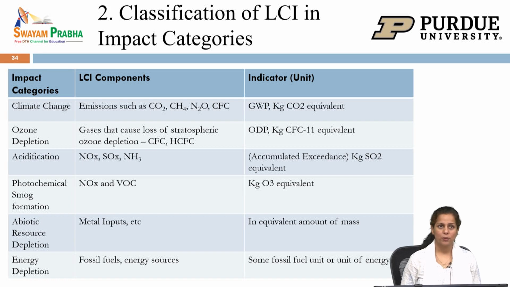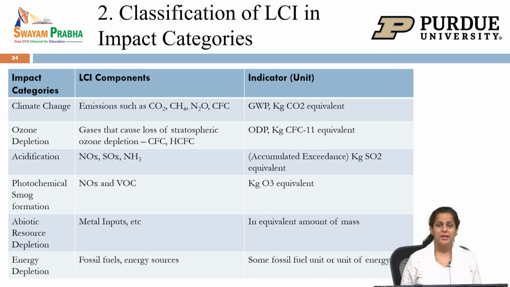So, for global warming potential, we have used CO2. For ozone depletion, we have used CFC, which is the chlorofluorocarbon, because CFCs are known to cause damage to the ozone layer. So, all the gases that cause loss of stratospheric ozone, CFC, HCFC, those will be mapped to